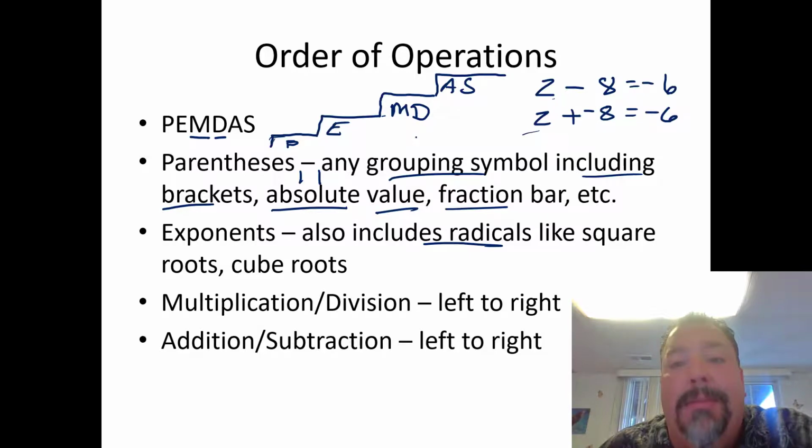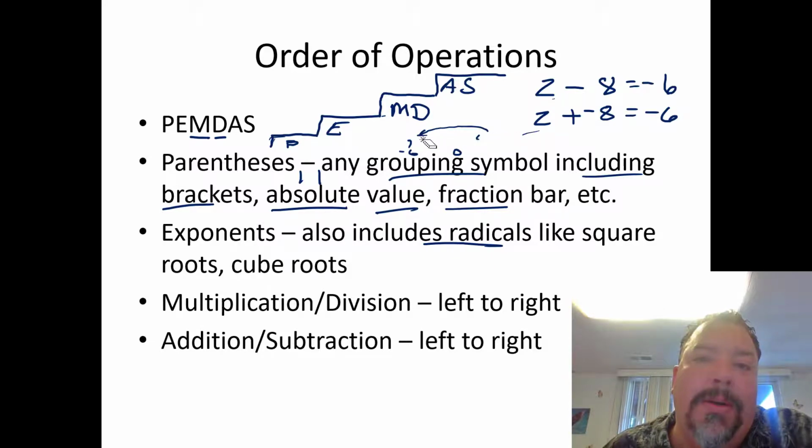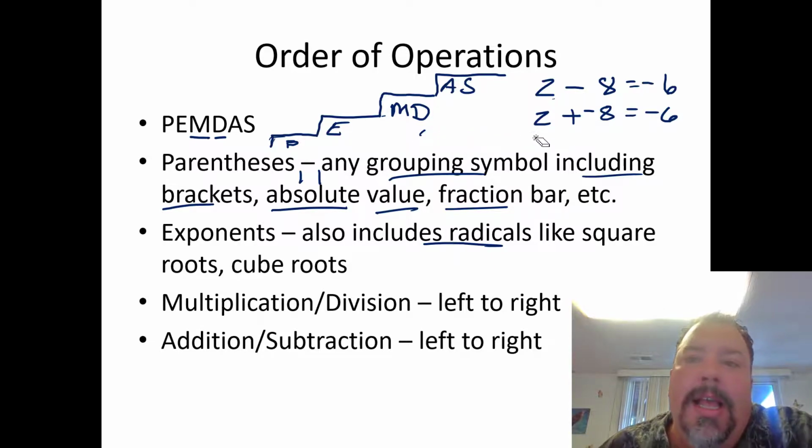And this means, I would start here at 2, and then if I'm going negative 8, that means I'm going backwards 8 spots, and I would end up at negative 6. So if I add a negative, that means going to the left. If I subtract a positive, that also means going to the left. And if I do something like 2 minus a negative,